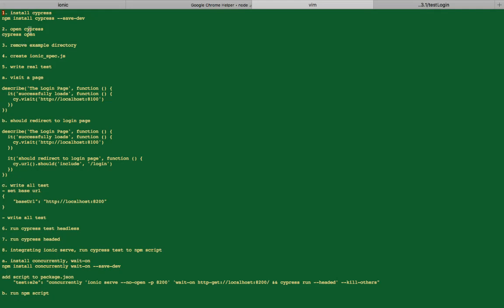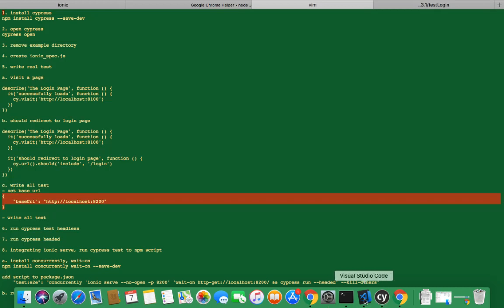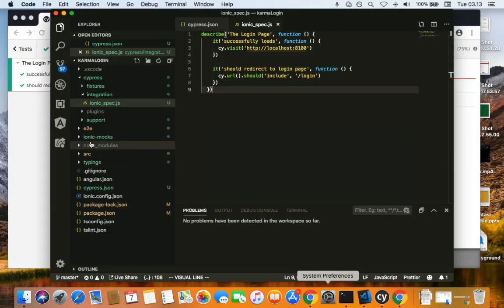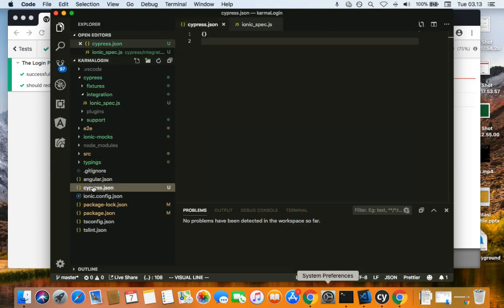We have installed, opened, removed the example, and created our testing file. Trying to write a new test, we are going to write all the tests. First, we are going to set the configuration so that we have this development server URL. We tell Cypress to use this URL. Open the cypress.json,